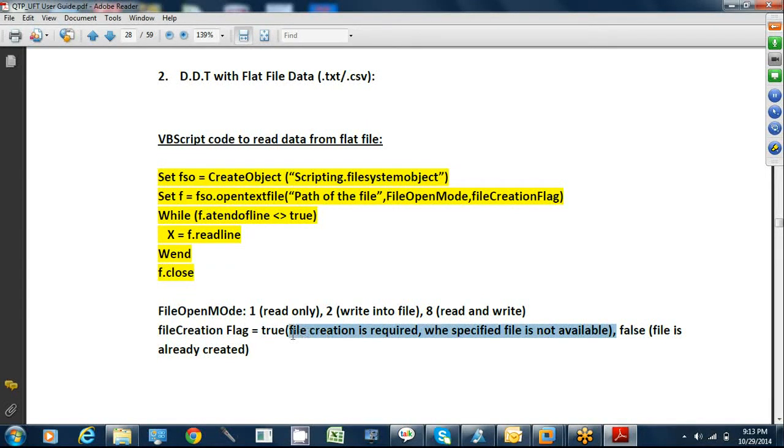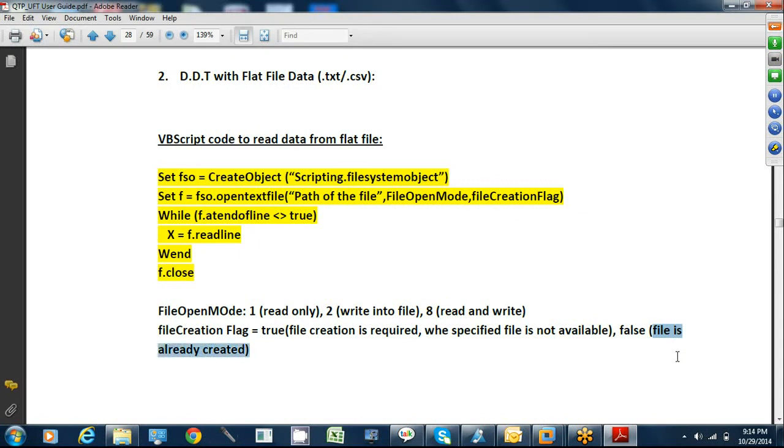That means you are asking QTP to create the file for you. If you set this to false, that means you have already created the file, something like testdata.txt or testdata.csv, and you are telling QTP not to create it.